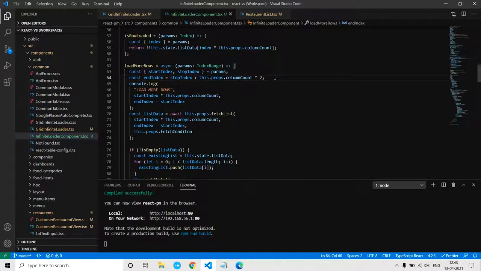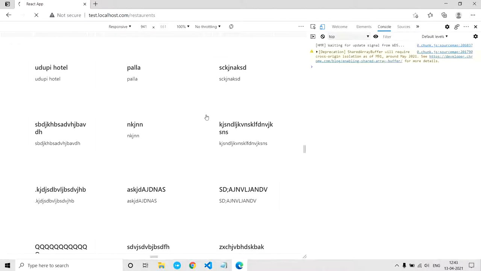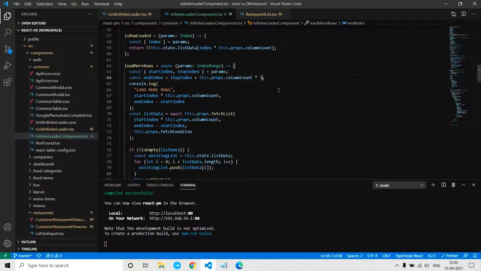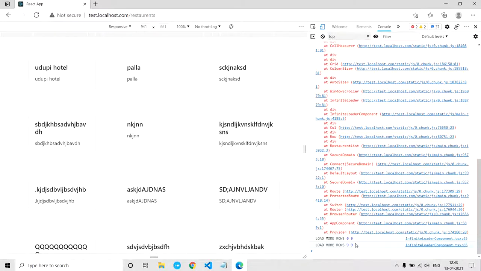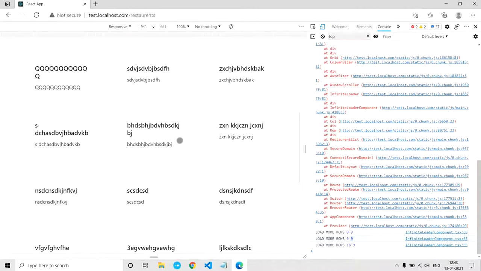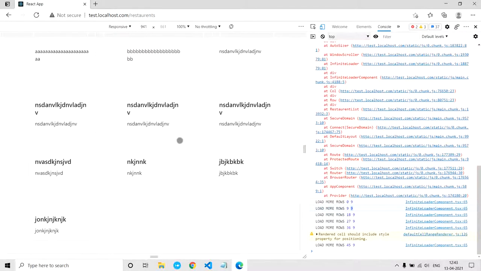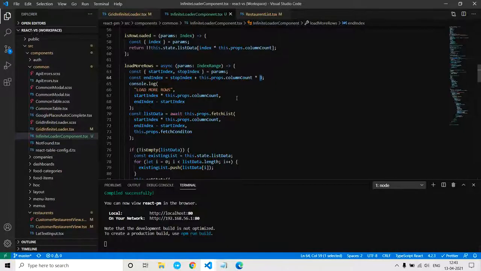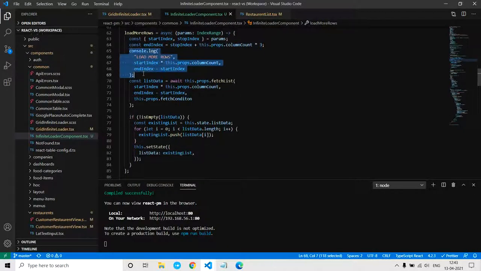So if I just give 3 here, every time instead of fetching 6 records, we fetch 9 records, because 3 multiplied by 3 is 9 here. So in this way, we can multiply the number of columns with this factor to fetch the length of the records that should be fetched each time. As you see, every time we fetch 9 records starting with that index. So this is the importance of that multiplication factor.